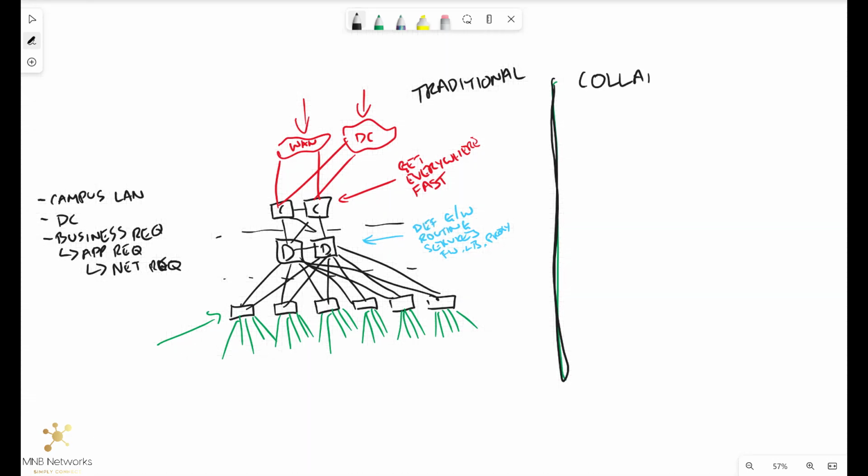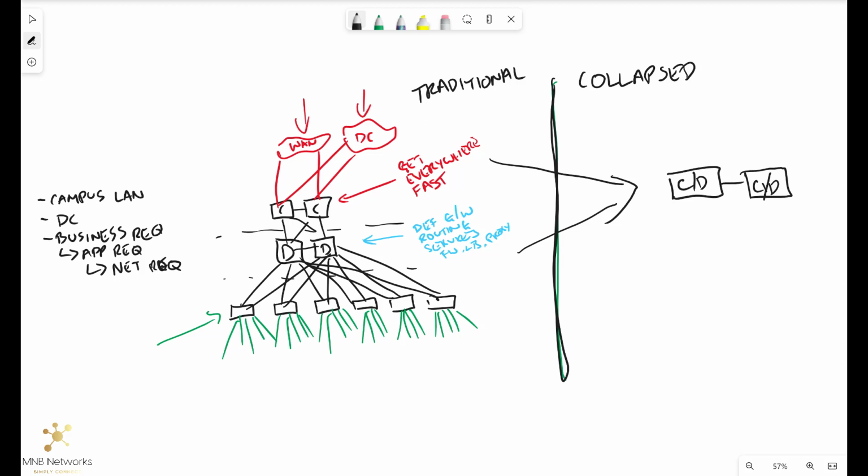You might be able to guess what this is going to look like based on the name, but what we effectively do is we combine this layer and this layer into a collapsed core slash distribution layer,